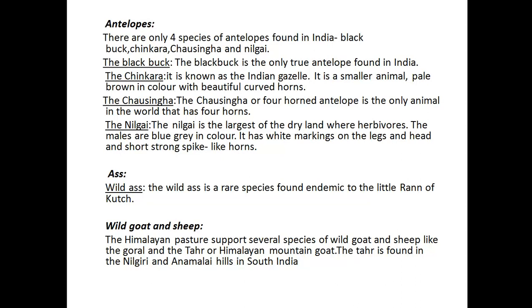So the chinkara is known as the Indian gazelle. It is a smaller animal, pale brown in color with beautiful curved horns. The chausinga, or four-horned antelope, chow meaning four, is the only animal in the world that has got four horns. Then the nilgai is the largest of the dry land